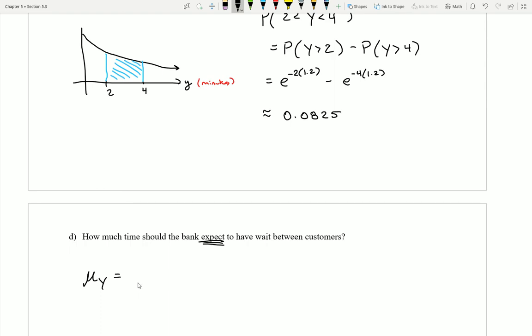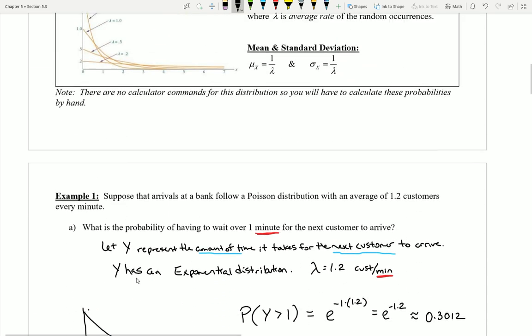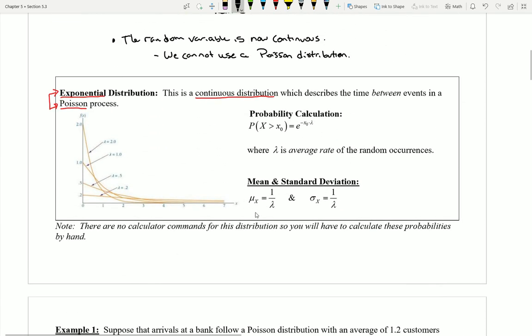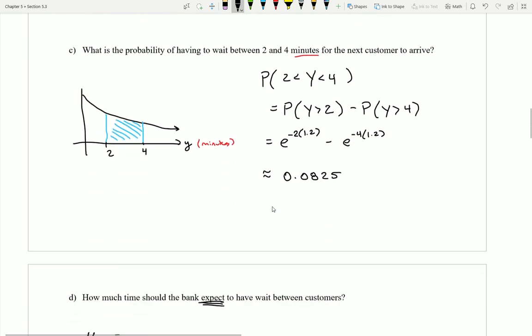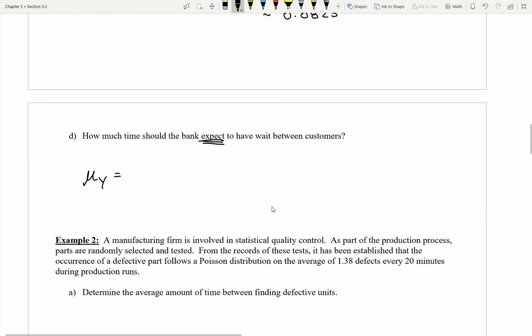Well, the nice thing is that if I was to go look at the formula sheet or at the box up here, I can see that to calculate the average and also the standard deviation, I have not only the same formula, but actually a really easy formula. I just take 1 and I divide by the value of lambda. Now I'm going to go ahead here and do my division while also considering some units. So notice here, if I'm going to do 1 divided by lambda, that's 1 divided by